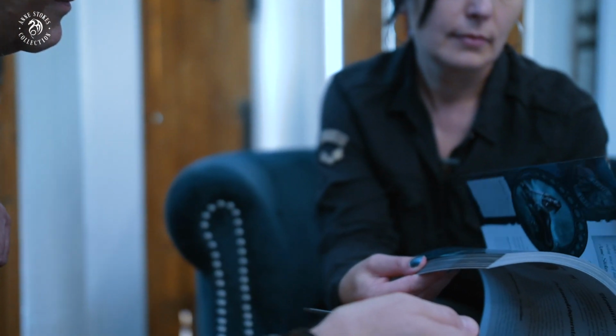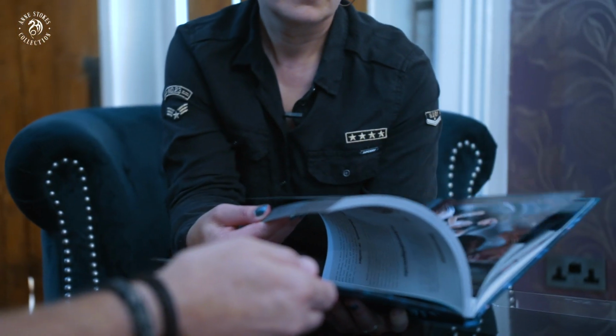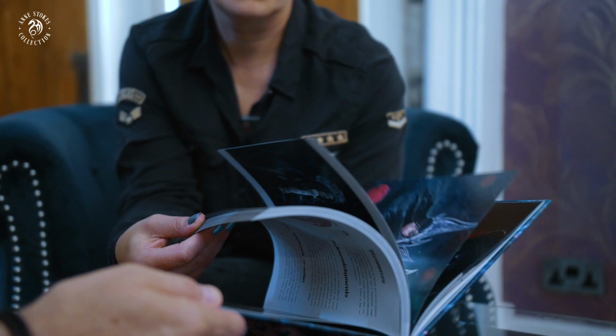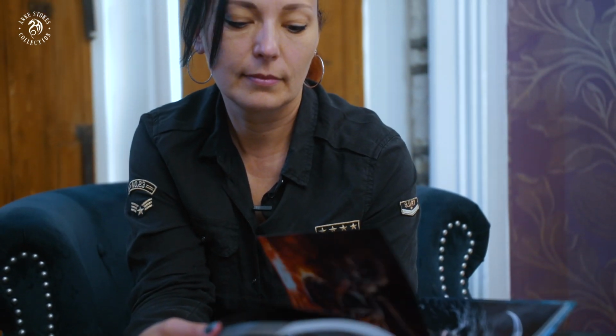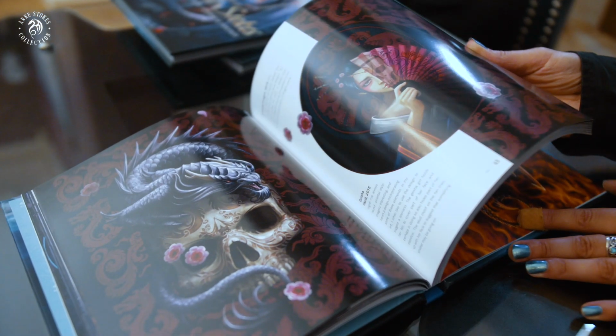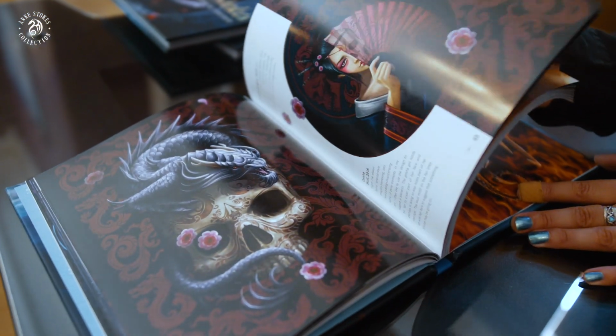So it's wonderful now to have this collection of my work, and I hope that some young artists who will be the fantasy artists of the future might take some inspiration from some things that I've done. I certainly will. So as I said earlier, the hardest thing for us, I think, was to narrow down this vast